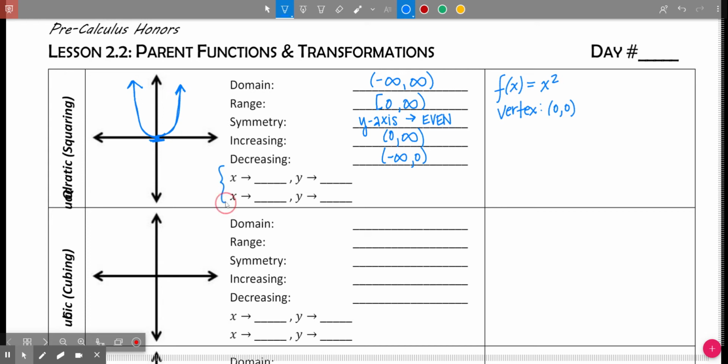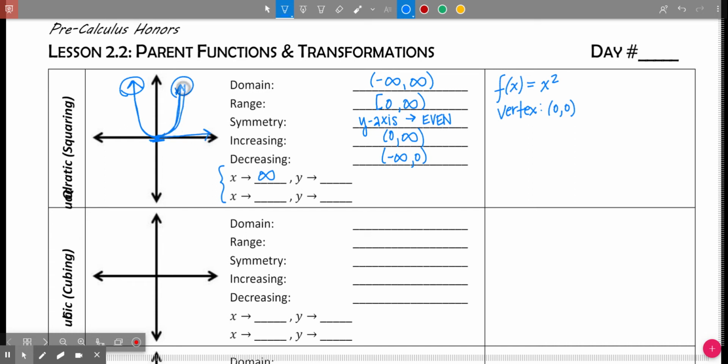This notation is referred to as end behavior. When we describe end behavior, we are identifying the direction that we are moving on the x-axis, and we are describing the behavior of the y values. When you describe the behavior of the y values, you're going to look at what the ends of your graph are doing. So if we start with x going to positive infinity, so as I move right along the x-axis,